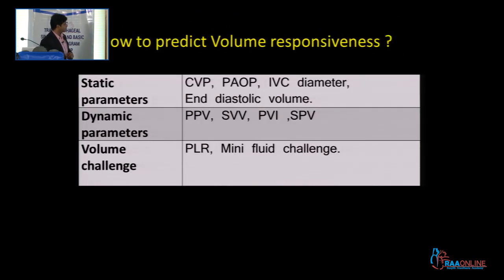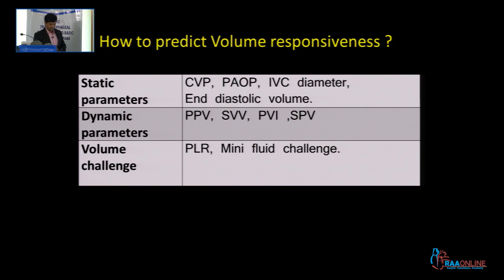So how are we going to predict volume responsiveness? Traditionally, the methods are divided into three categories: static parameters, dynamic parameters, and volume challenge. Since morning we have been talking about the CVP, occlusion pressures, IVC diameter,